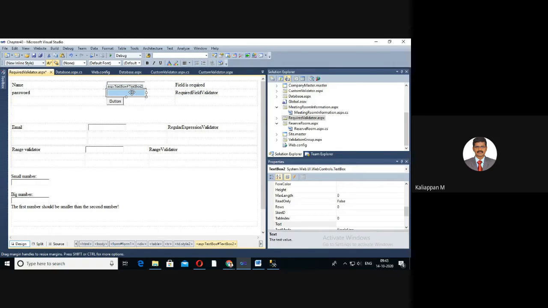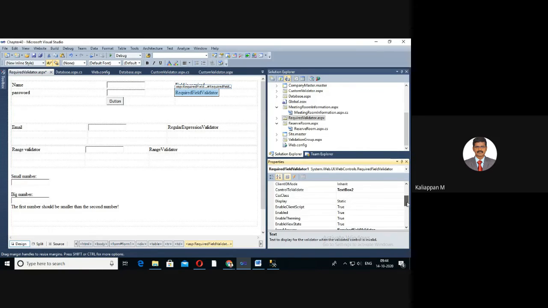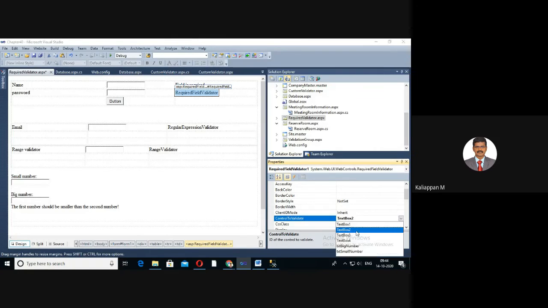The same as whatever we set in the first required field validator. To select your second required field validator, go to ControlToValidate and select text box 2.